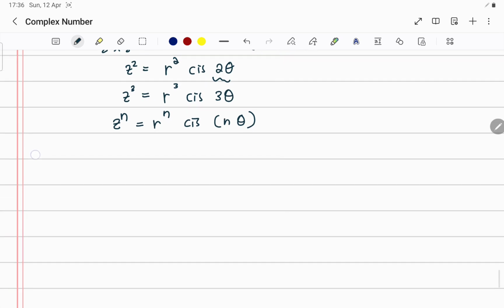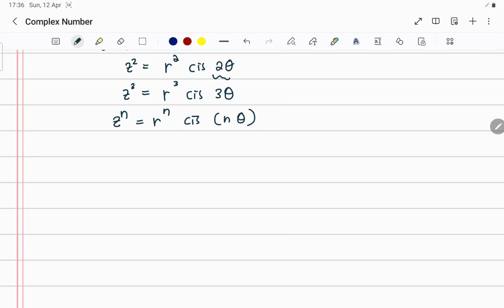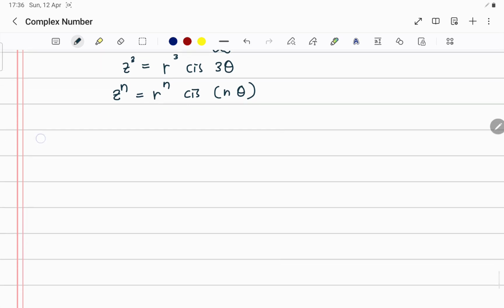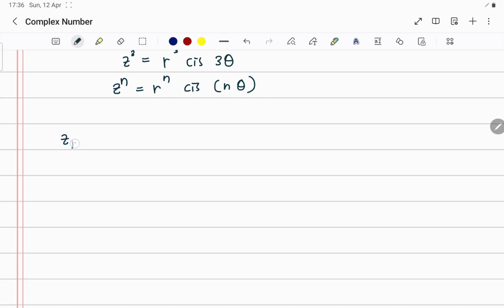So from here, in order for us to form the De Moivre theorem, you can use z_k is equal to z to the power of 1 over n. This 1 over n is the nth root, and it depends on the number of roots that we want to find. So it is equal to r cis theta to the power of 1 over n. When we expand this, you're going to get r to the power of 1 over n cis theta plus 2 pi k,